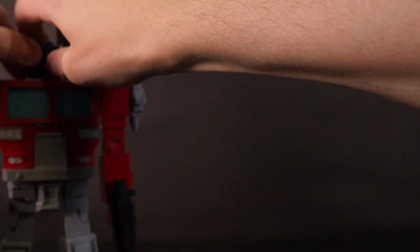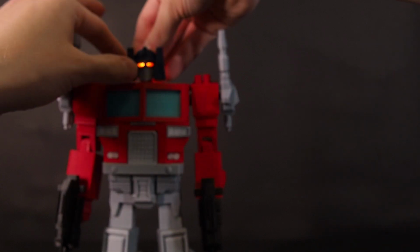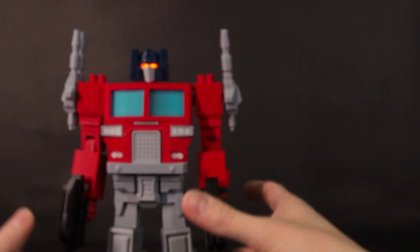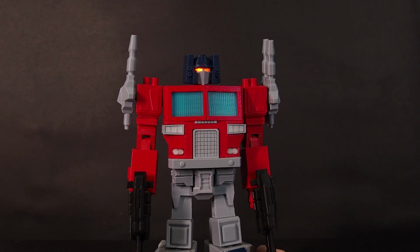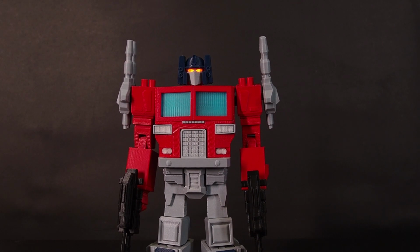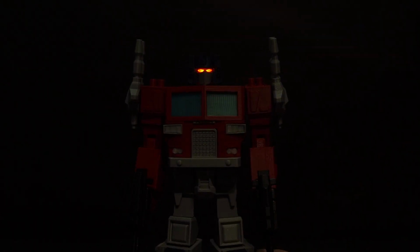Let's just look at this. So let me remove the normal eyes and just slide this in. So I wanted to show you the proper red, but unfortunately it did not arrive, and I will make an update as soon as it arrives. But so let's see him about the lights. So yeah, it's very simple, but